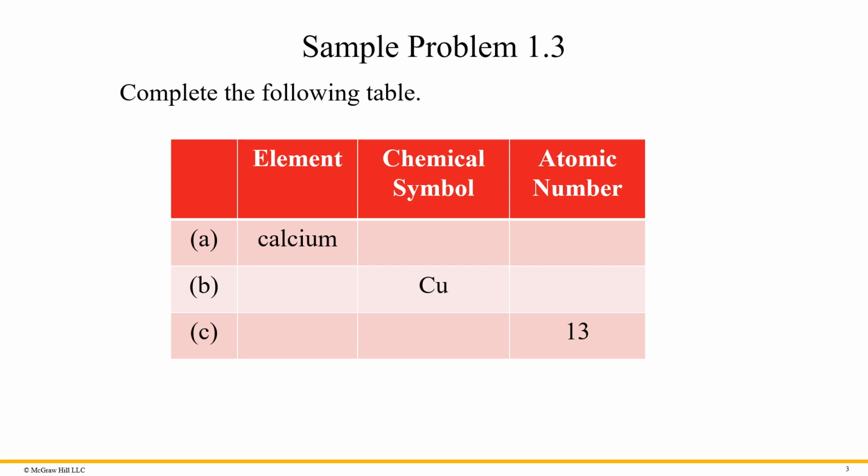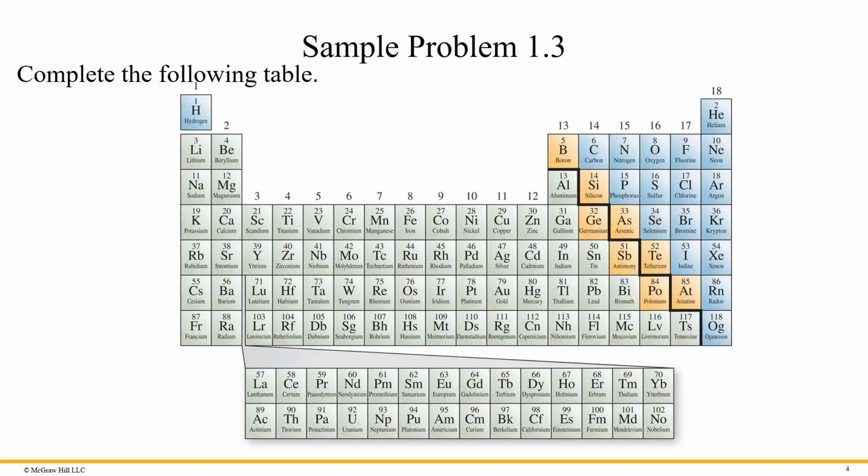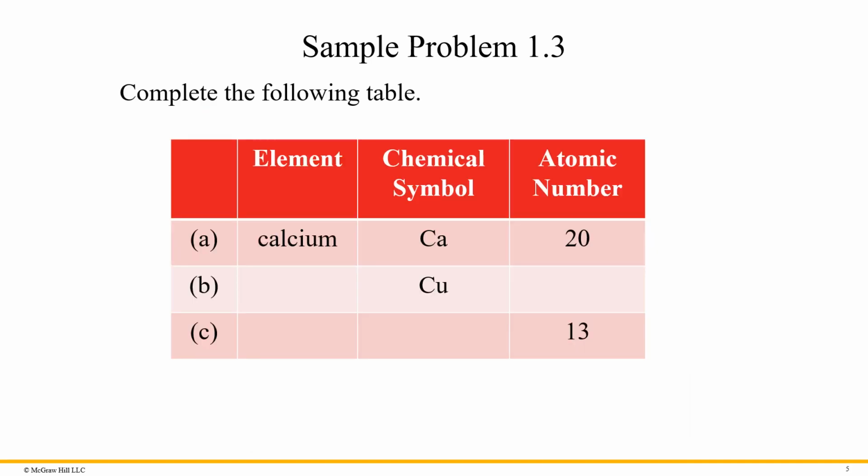For any of these problems, we will go straight to the periodic table. So here's the periodic table. Let's take a look and find where calcium is. Here it is, calcium. The name is written below, and here's the two-letter abbreviation for that, which is Ca, and the number above it is 20, which is the Z number, and it tells me the number of protons. So if I go back to my table here, calcium corresponds to the chemical symbol Ca with an atomic number or Z number of 20.